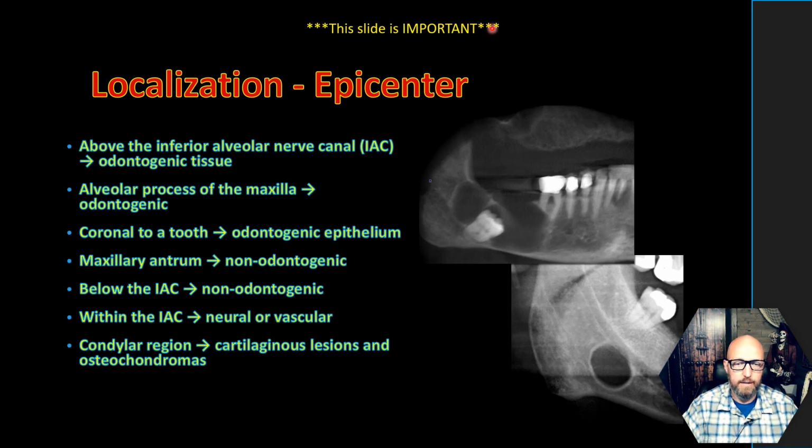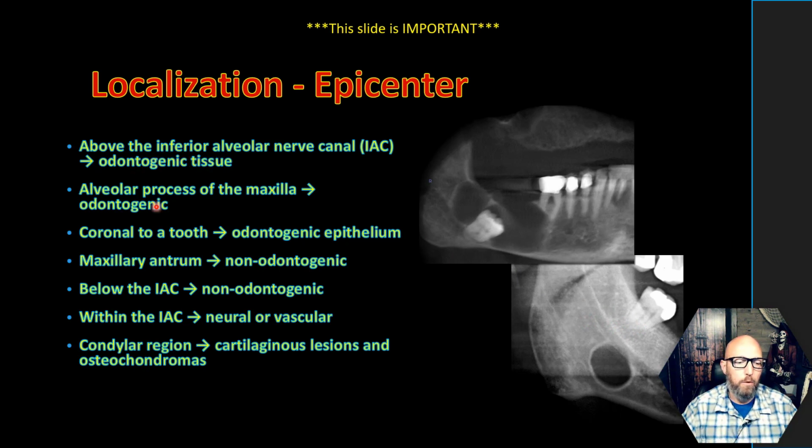Here's a little hint. This slide is very important. I just alluded to this though. Above the inferior alveolar canal, you should start thinking odontogenic lesions because that's where all the odontogenic epithelium is, where the teeth develop. And like I said, it doesn't necessarily rule out a non-odontogenic lesion. A lot of these non-odontogenic lesions can occur anywhere in the body, and they're relatively rare to occur in that specific region. And so the chance of it being odontogenic is just a lot higher if it's somewhere around the